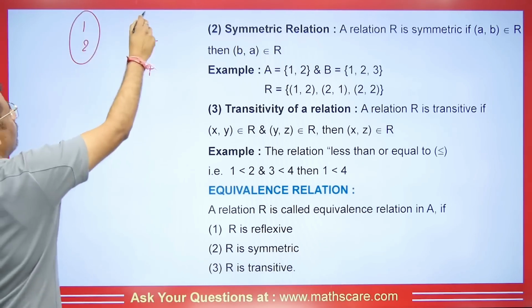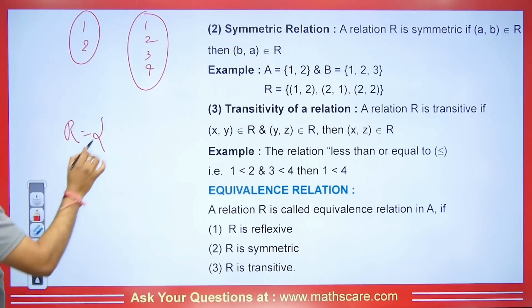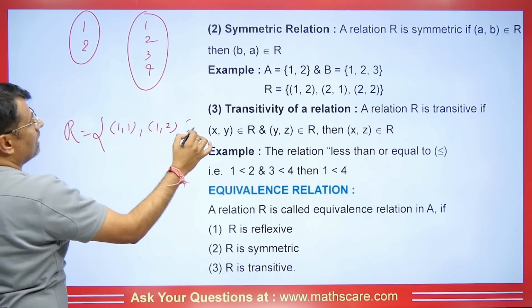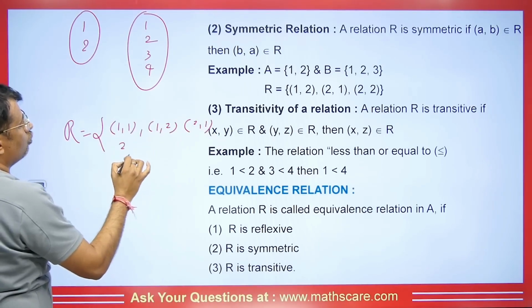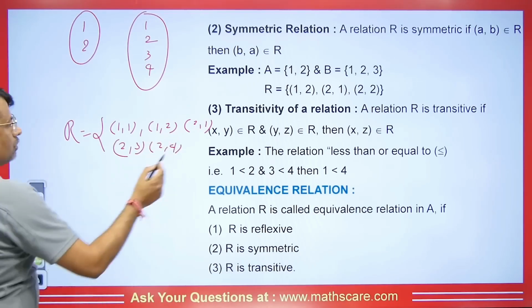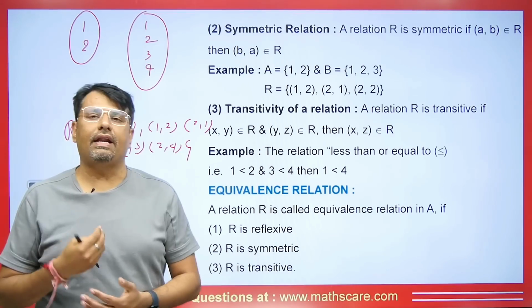Let's understand that, right? If I tell you that there's a relation given, we haven't defined any function. We have elements going here, 1, 1, then 1, 2 going. Then 2, 1 goes, then 2, 3 goes, then 2, 4 goes, right? Like this way this is given, clear? So you can see here 2, 3 is coming. Now you can see if this relation is symmetric or not.